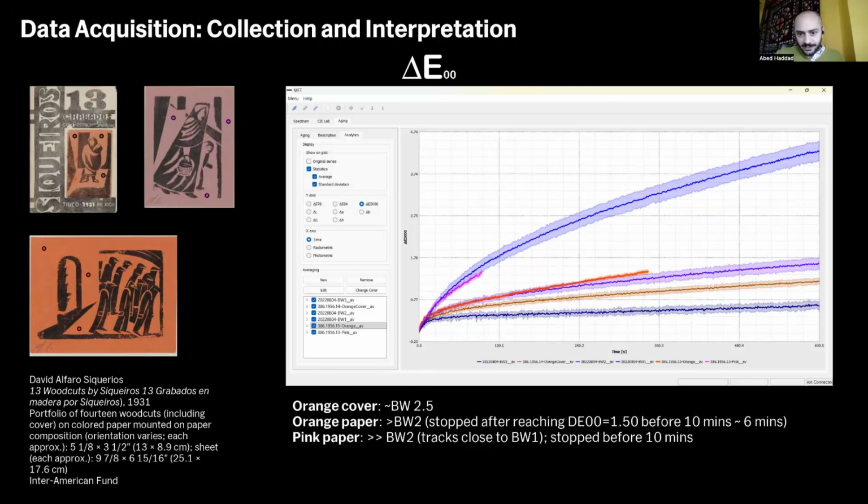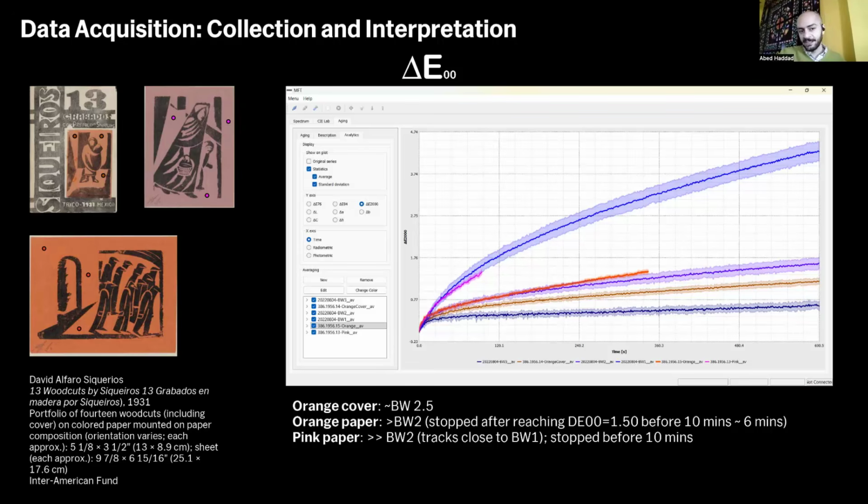So this is what the window looks like once you collect the data. The data can be collected as individual fading curves or color change curves. However, what's really nice about it, and something that we actually did lobby Fotonowy to include, was an analytics tab, to be able to average the data for several different collections. So this is the tab that I look at when I'm looking at my data. So you can see I have my blue wool 1, 2, and 3. But then I also have some fading from the